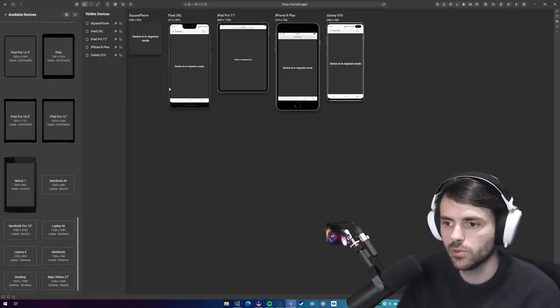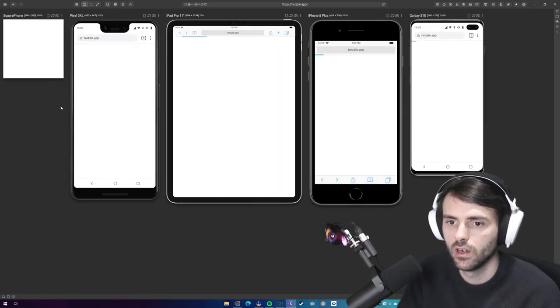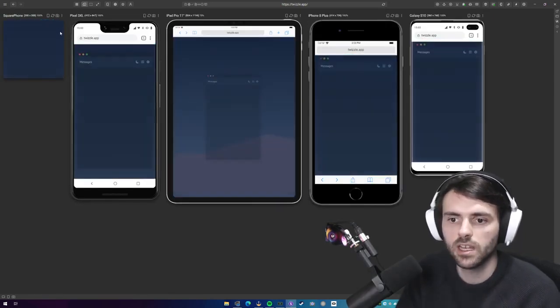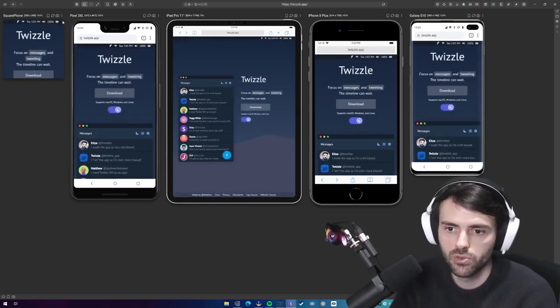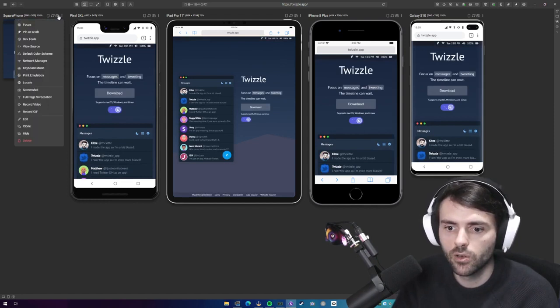And now I can drag this square phone here. I can turn off the drawer, and as you can see, I have square phone. It doesn't have a frame. You cannot add custom frames. It doesn't have any browser UI because I chose that, but I can always click here, click on more, click